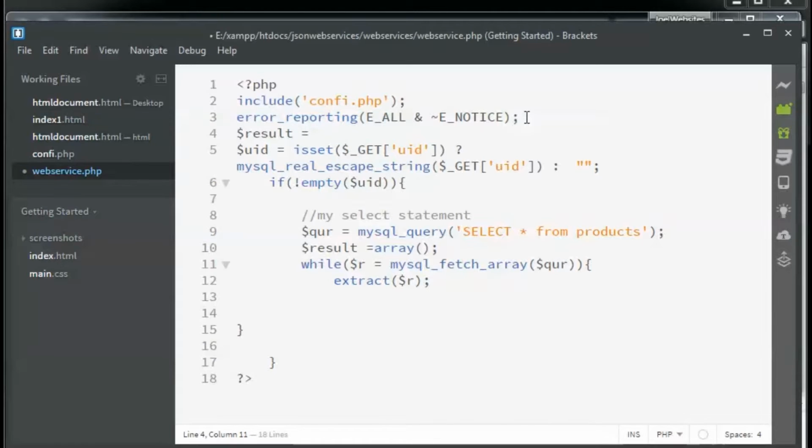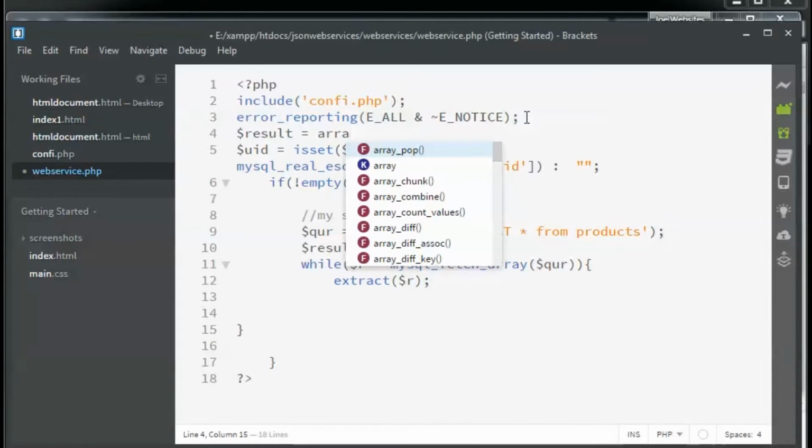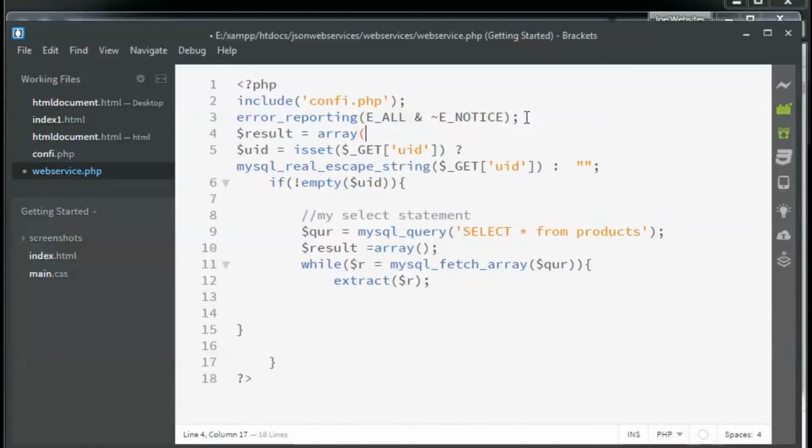So I'm typing in array and putting the function. We are just defining an array in case the variable is null, so we don't get undefined variables and all that. Next, I'm going to pass the values in the array.